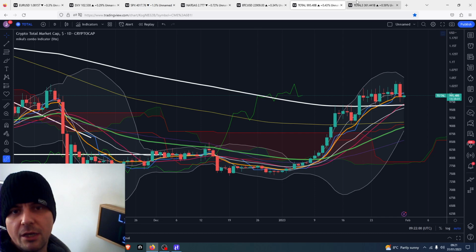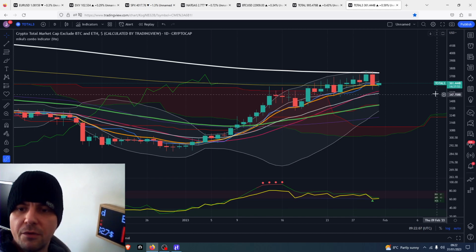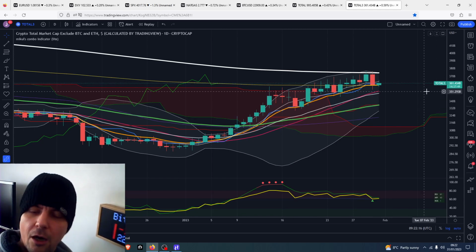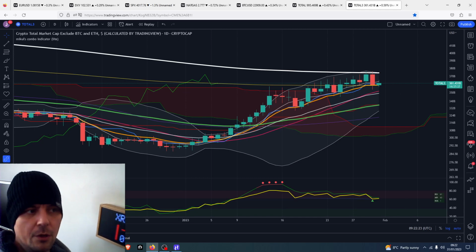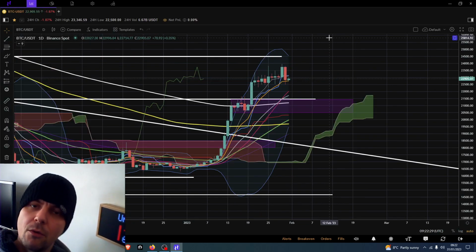Again, focus on all of these charts will give you an idea of where to buy dips in the markets, right? But if we turn our attention to total market cap 3, which is excluding Bitcoin and Ethereum, so this is everybody else, we will be looking for this one to come down a little bit deeper if it doesn't get supported here, to be honest with you. But personally, I'm thinking a little lower over the next couple of days, and dips to be bought roughly around 352 billion for all the other altcoins. So without looking at every single altcoin, which is what we do on these live streams, that'll give you a rough idea about where the crypto market might find